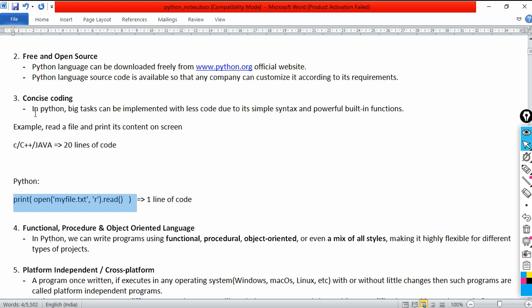Like this, in very few lines we can write big applications in Python. This advantage is called concise coding. Okay. Less coding. Okay. Next,